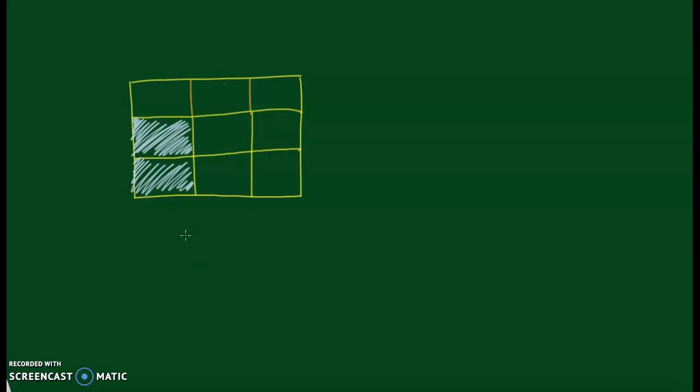So this section would represent 1/3. Then looking at it in the other direction, this section also represents thirds, and 2 of them are shaded in. So that would be 1/3 times 2/3, which would give you your answer of